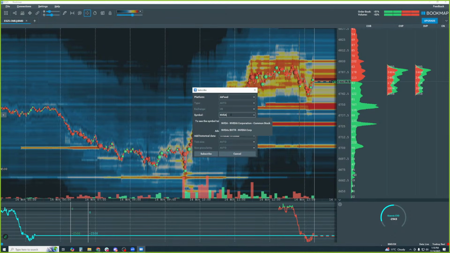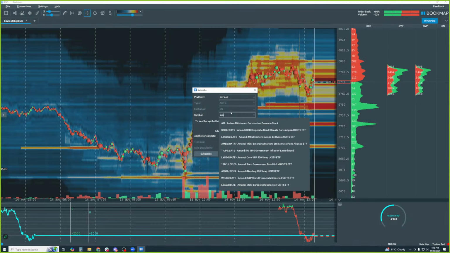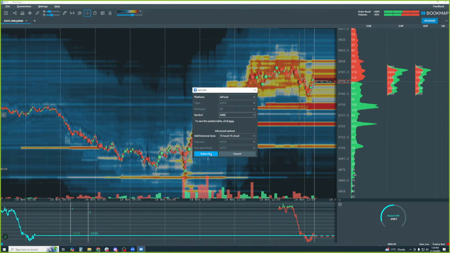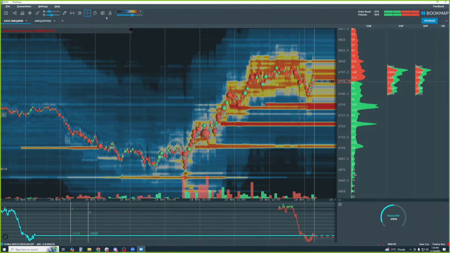our stock. Okay, it might be NVIDIA, it might be AMD. If you don't see it here, just type it in and then select it, and then 1 hour of cloud data, that's fine, and we'll click subscribe. Okay, and you can see AMD is loaded or loading,